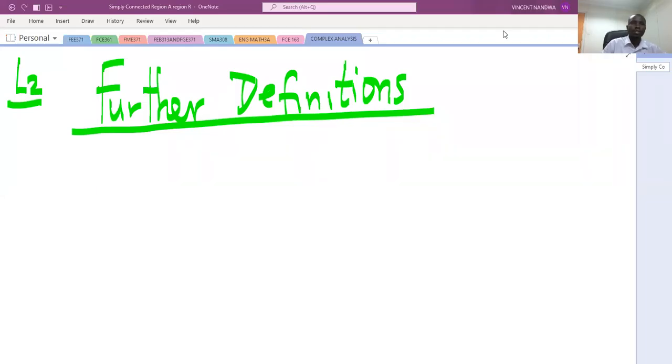Welcome back to this session. This session will give more definitions related to functions of complex variables. So our next definition